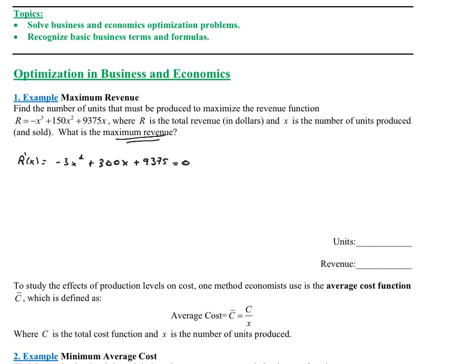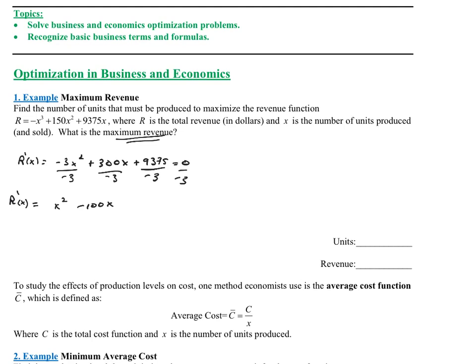We could just use the quadratic formula, could try factoring, whatever we want to do. What I'll do is I'll notice it looks to me like every single one of these is divisible by negative 3. So this will just make smaller numbers to plug into the quadratic formula. You didn't have to do this. This is just something I chose to do to get smaller numbers just because I noticed there was a common factor. So when I do this, I end up with x squared minus 100x